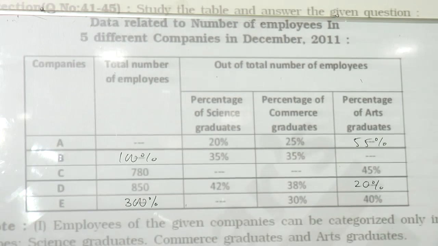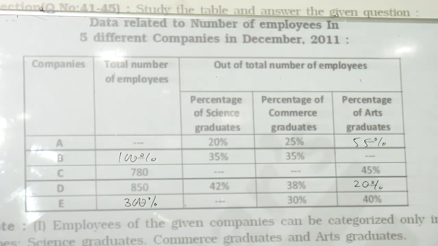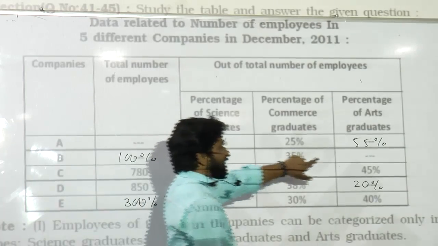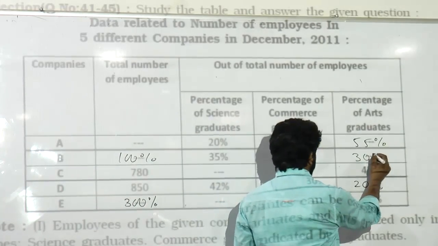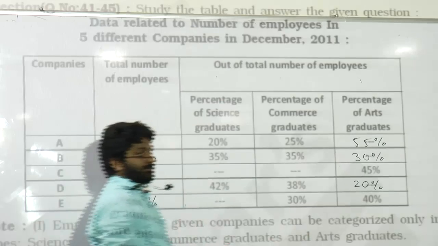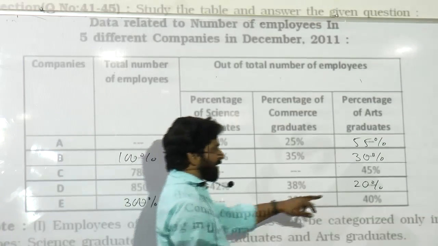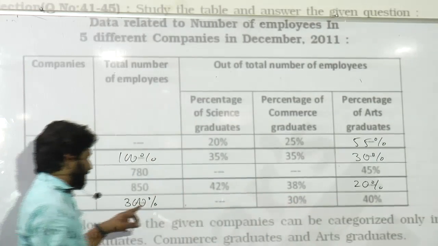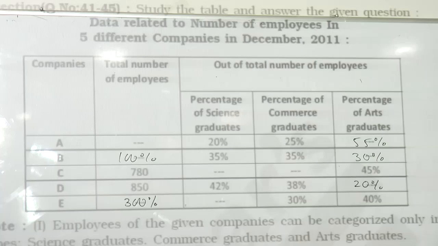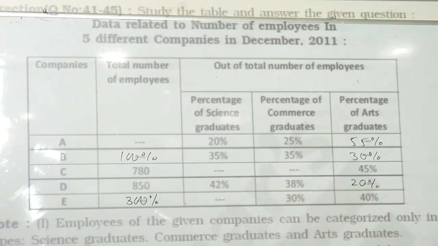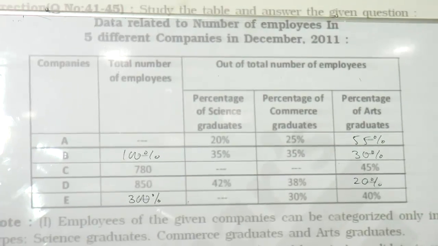You asked about 100%. Arts employees difference. So here what percent is it? 70 is total, so arts candidates are 30%. 30% of what? 100 will be 30 only. Next, from company E, arts candidates are 40%. 40% of 300, how much is it? 120. And that is 30. The difference between 120 and 30 is 90. So you are given 90% as